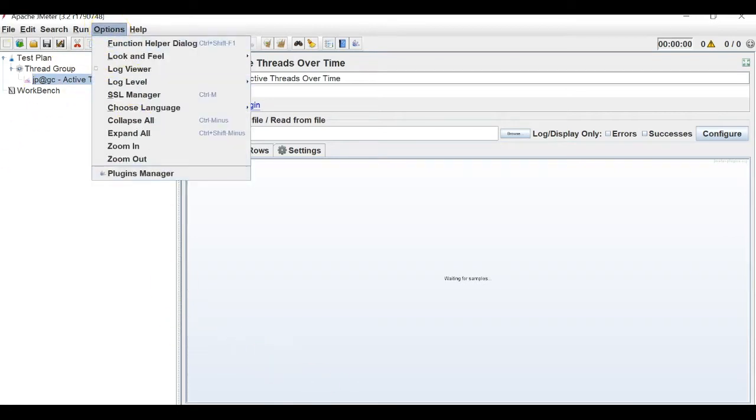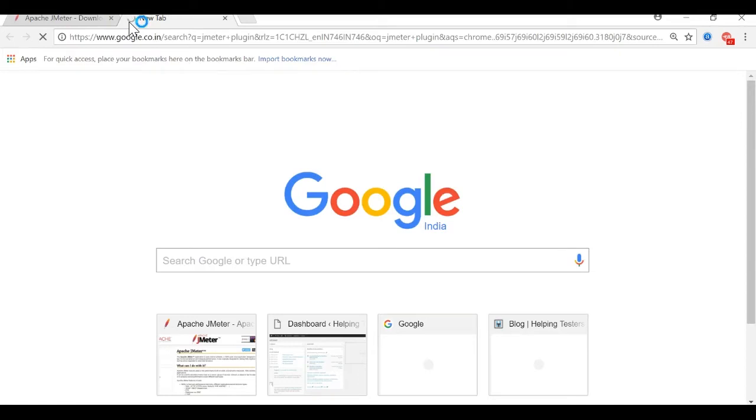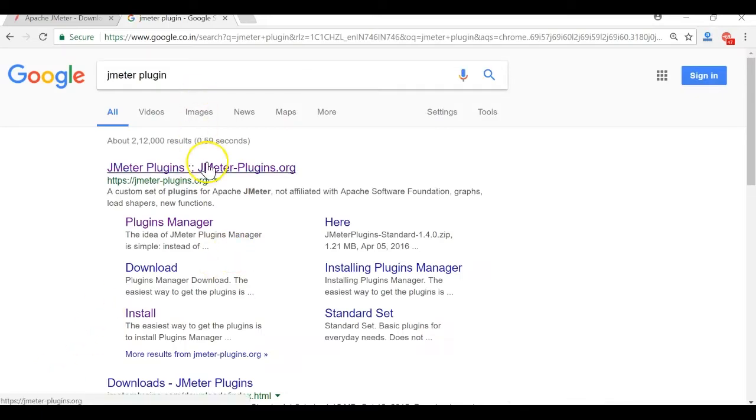If you go to your JMeter plugins section, the first graph I need to install is the Composite graph. The Google is not opening. Okay, if I go to JMeter plugins here,